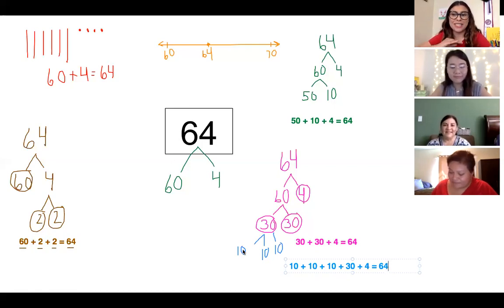So great job. This was a warm up into showing you how we can start decomposing numbers and using those friendly numbers to help with different strategies, because this may be one of the most efficient ways to solve a number sentence. So use it in the future. And if you have any ways that you decompose 64 that are different than the way we did, take a picture of your work and submit it to Seesaw so that we can share it with all of our friends